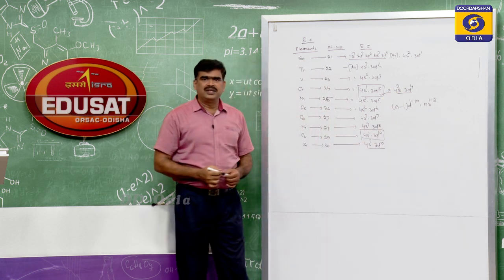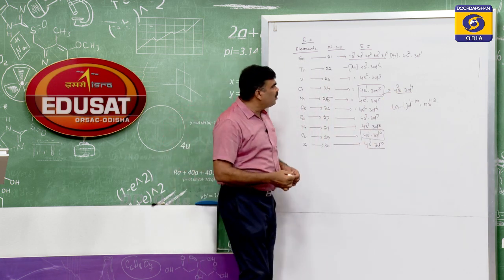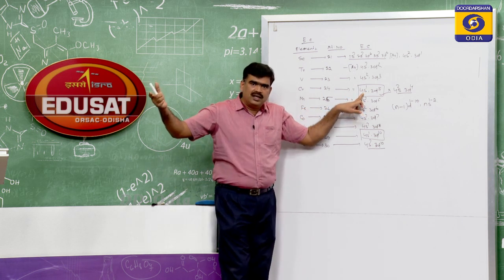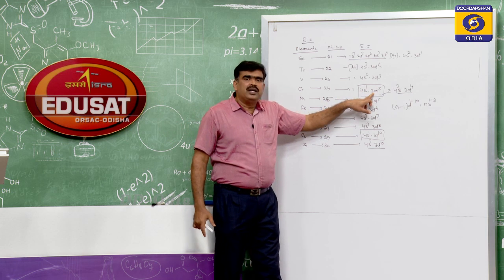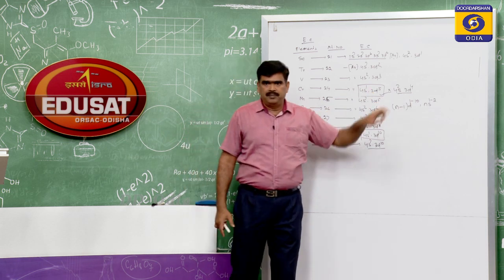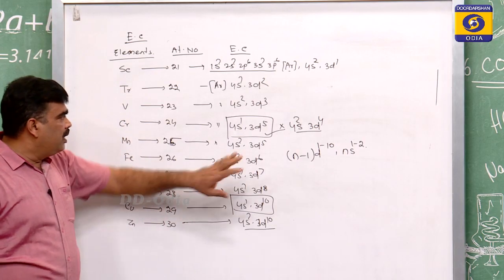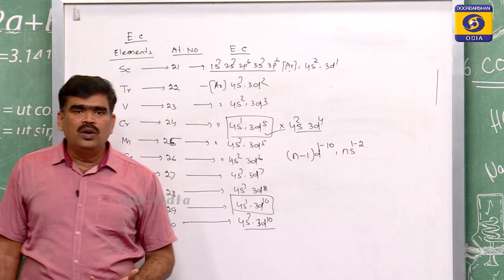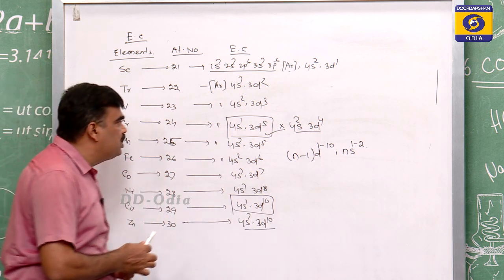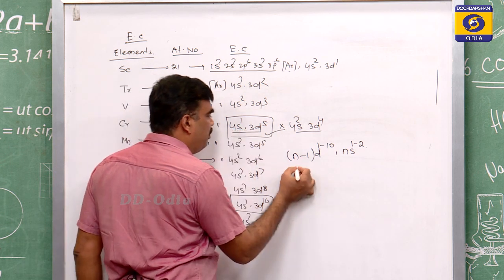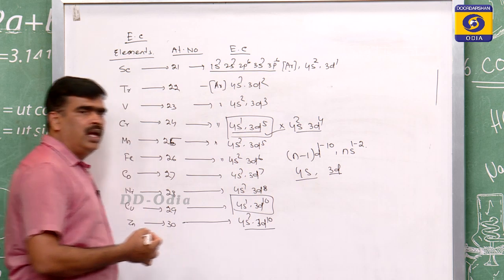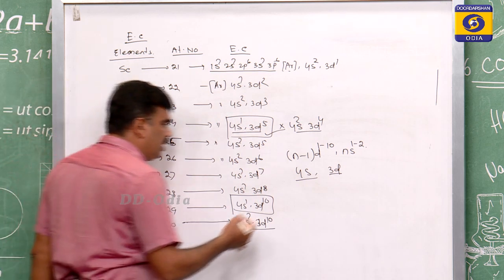Here comes a question. Why is the electron filled in the 4s orbital? The fourth shell is the valence shell. The electron is supposed to be filled in the 3d subshell, but it is filled in the 4s subshell first, then 3d. Why? It is because there is a rule called the n plus l rule. That n plus l rule decides which subshell the electron will be filled in first, between 4s and 3d. You must have read it in the above principle.